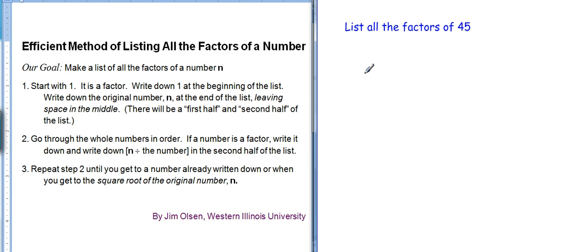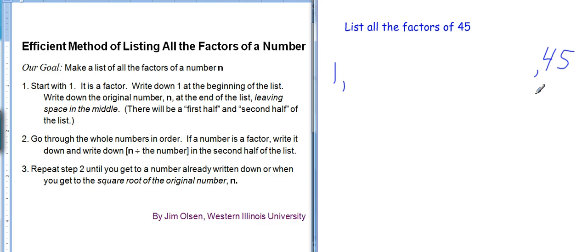Another term for factor is divisor. A divisor and factor is the same thing. It's a number that divides evenly into the number. My first step is to start with 1. 1 is always a factor of every other number. So I write down 1. I also write down the original number n, which in this case is 45, because a number always divides